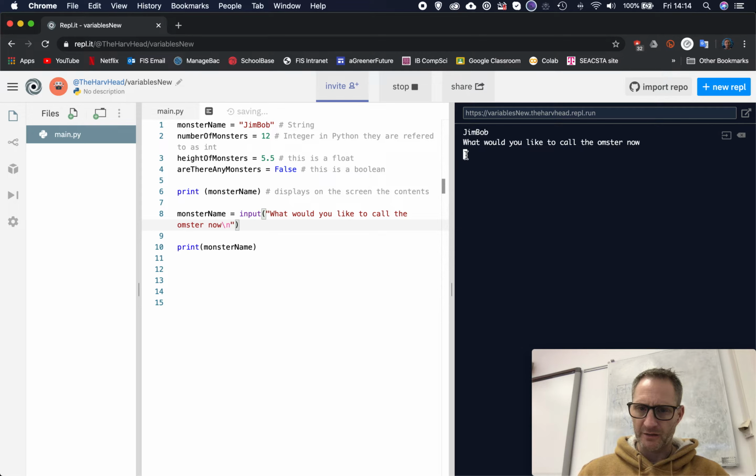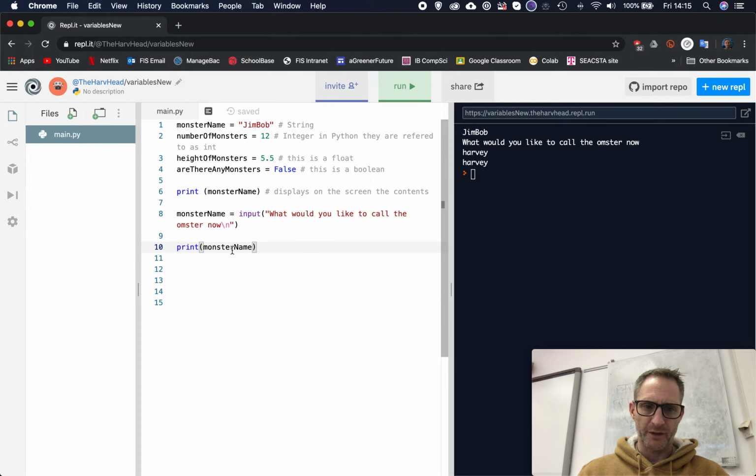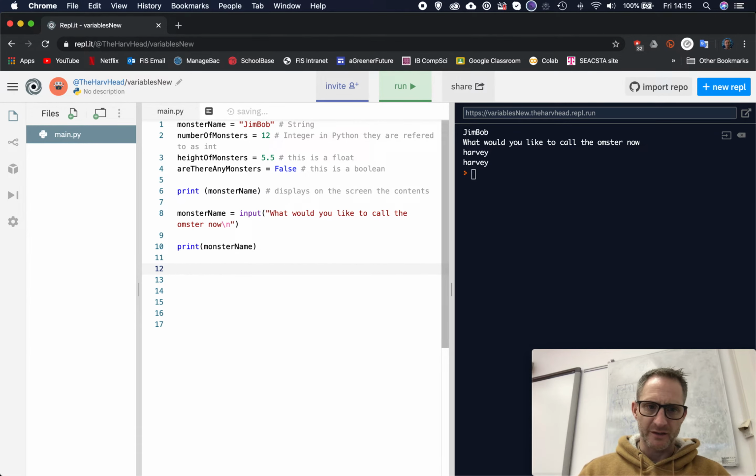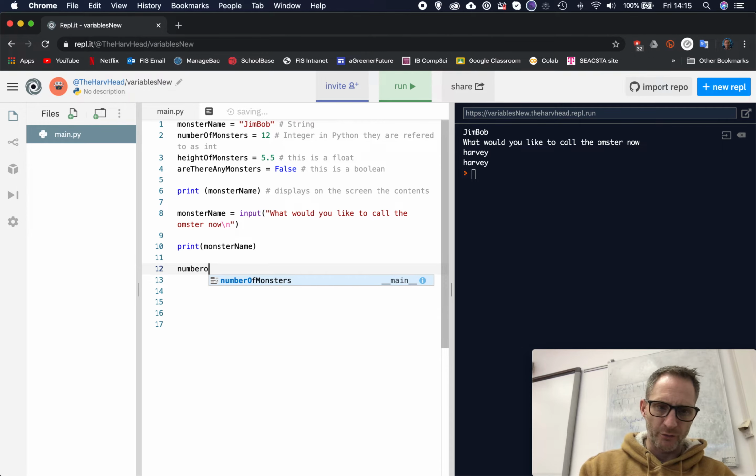Okay, see the cursor is now down here. So what it does is it just drops down a line. It gives us what we call a return. So now I can type in there Harvey, and then it would type in Harvey there. All right, so that's how we can get input and store it in our variable and then display it still. And we could do the same for a number of